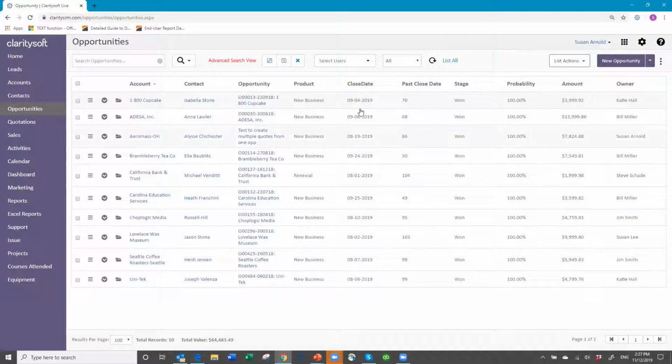So here we go, close date. These are September, should be July, August, September. We don't have any in July, but we've got August and September close dates. All of the stages are won, and this is the total value of those opportunities. Okay, so this one, if I save this,